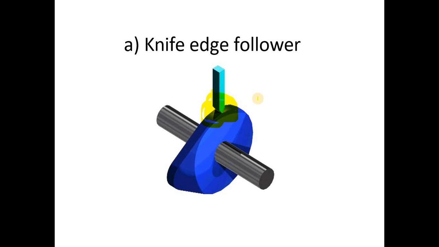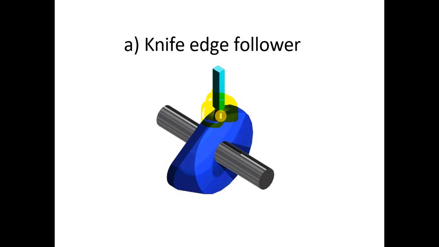It will transfer the exact motion, no doubt about that, but apart from this, there are some disadvantages due to which knife edge followers have limited applications. Any tear and wear of the knife edge has an effect on the stroke length, a reduction in the stroke length. What is meant by stroke length? Stroke length is the motion of the follower from bottom to top. The highest oscillation motion achieved by the follower is called the stroke length, or stroke of the follower.